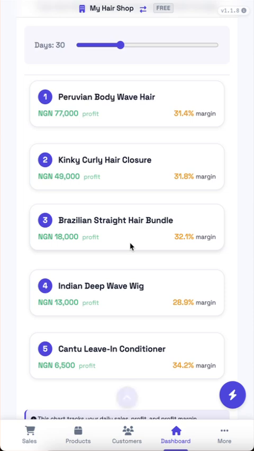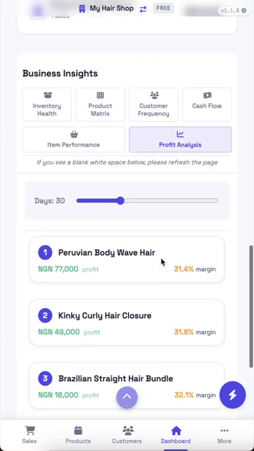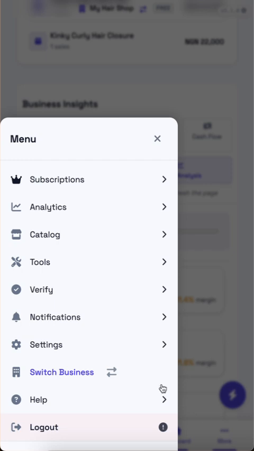So as you can see, you can actually know the products which, like I said, very, very important. Sometimes you need to know where your money is coming from. It can be difficult to know when you're selling after every 2 days, 1 day, but in the long run, you can go here and know, oh, this product sells very much, so let me strategize on it, let me advertise it like in high demand or something. So this is your highest profit. And so that's it for dashboard, and we're going to end with